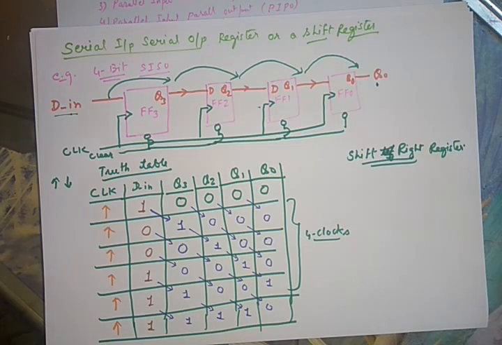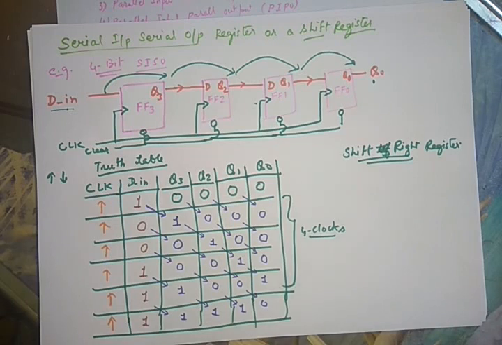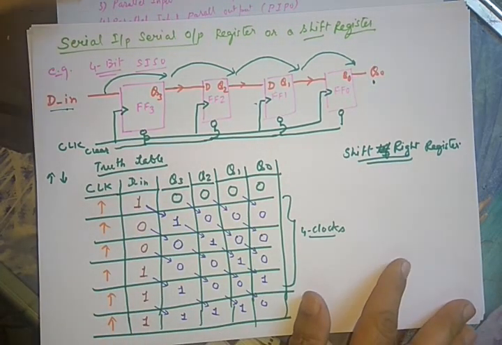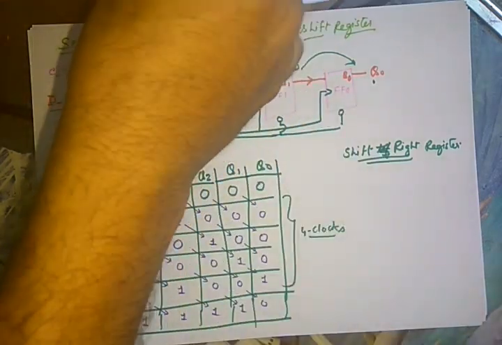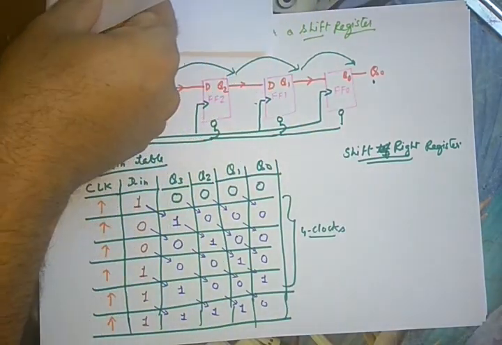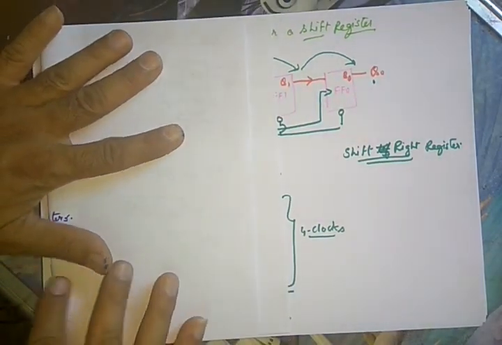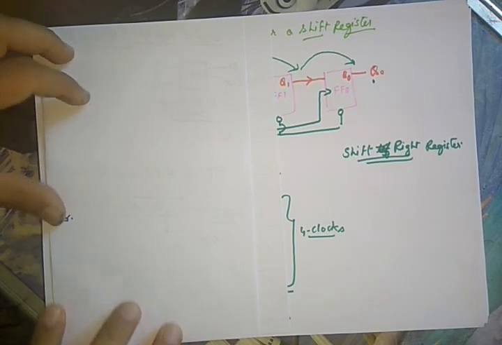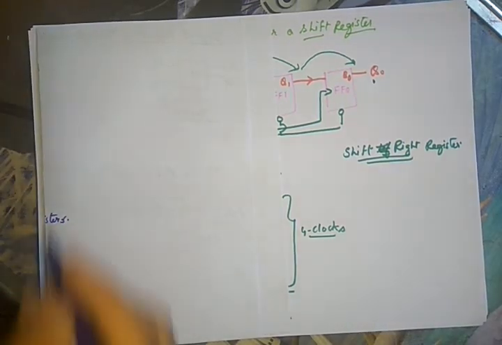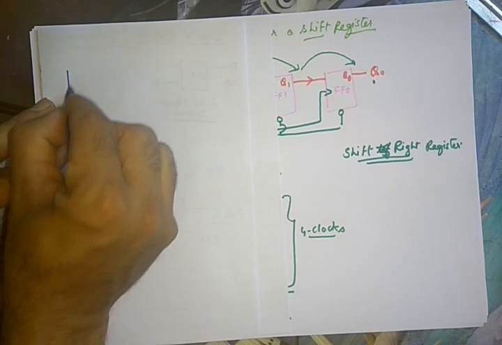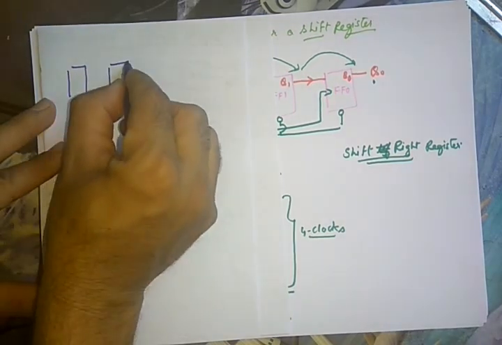We can also design shift left register, that data will move from right to left in this way. Like this. Suppose if we are using a 4-bit